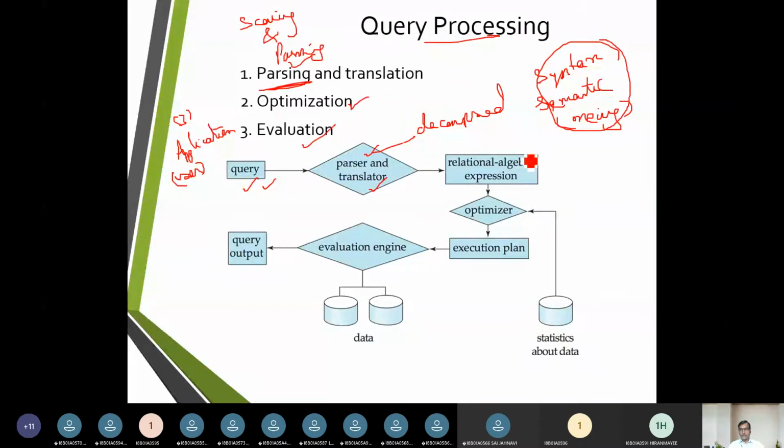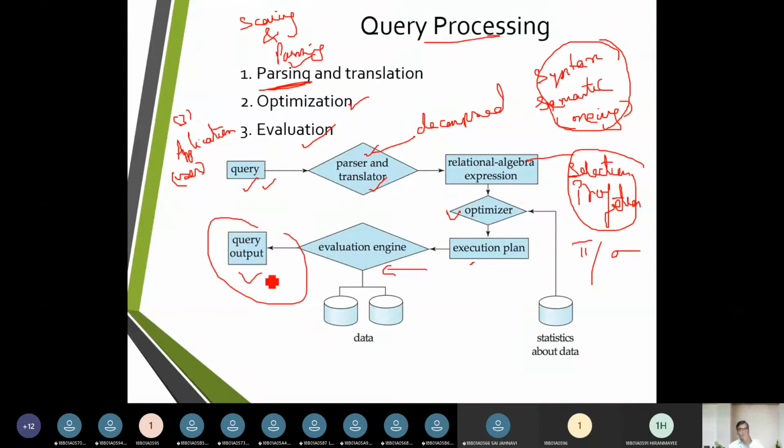results. So here we are going to have the relational algebra, where we have selection and projection. Using the selection and the projection, one is going to be pi and another is going to be sigma. Thereby it is going to use this optimizer, an execution plan is going to be taken up and brought to the evaluation engine, and the output is going to be generated. So we have a compilation phase and an interpretation phase in this query processing.